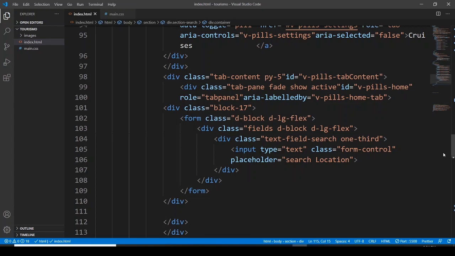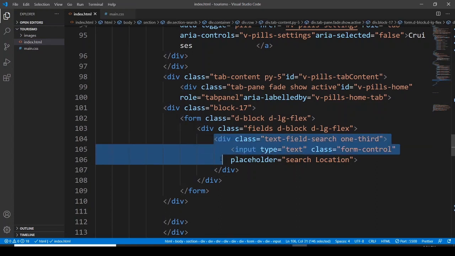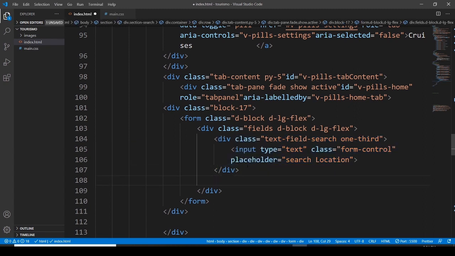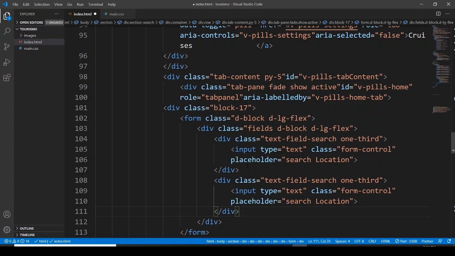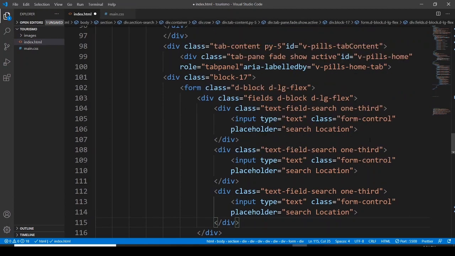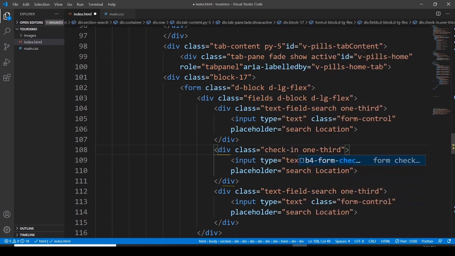In place of the text field, let's have this division. Copy this, paste it here, and let's have another one, pasting it here. So here in place of this text field search, let's write check in. Here it would be check in, and then 1/3, and then class is going to be form control, placeholder is going to be check in